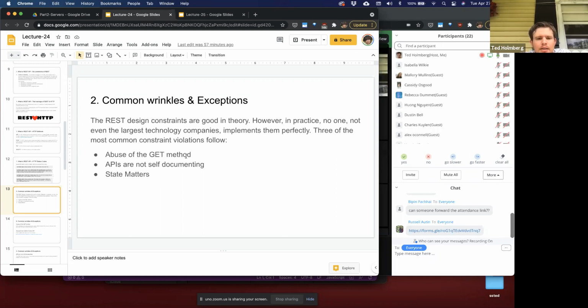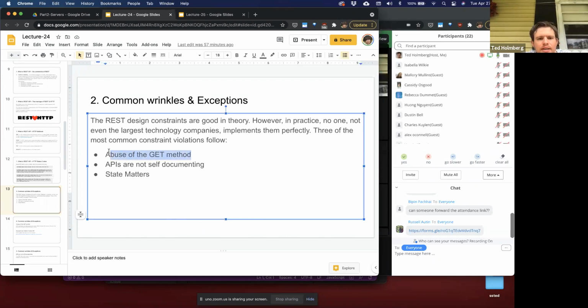method. And I'll be honest, I abused the get method in our high-low game for testing purposes, because it's easy for you to test get methods by just copying the route into your browser address bar and refreshing it, just going to it and seeing what the JSON response is. Since that was our first attempt at building a REST API via lab, I am certainly guilty of having you do this. So we've already all done this first violation. So we'll talk about